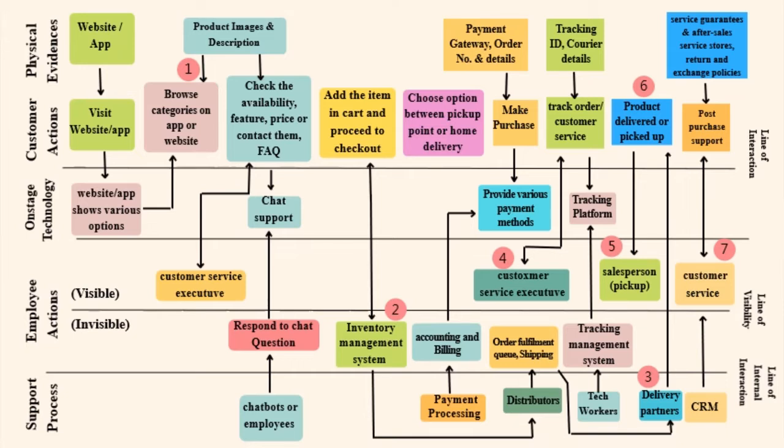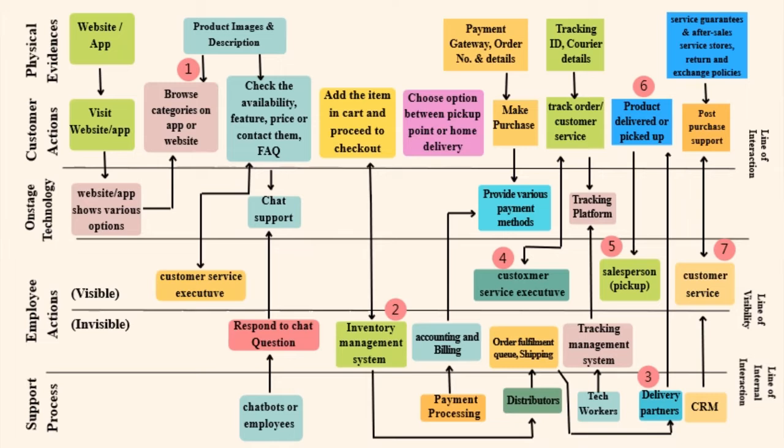So the first customer visits the website or app of DMart Ready, and there is immediate action by the company to provide the option for various products and services through an appealing user interface for better shopping. Then the customer moves forward to a second step, in which he browses through various products listed on the website,